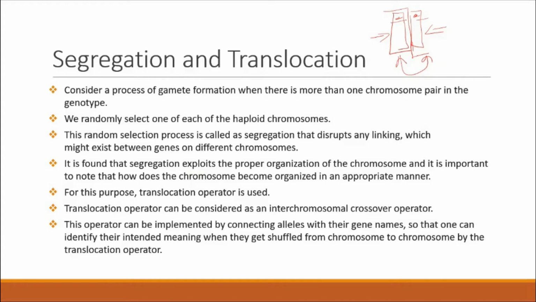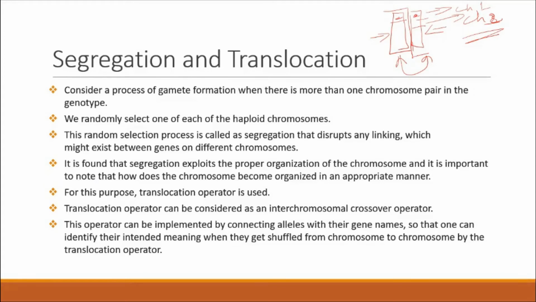and it is important to note how the chromosome becomes organized in an appropriate manner. How this particular chromosome is organized: this particular gene represents a particular characteristic, say characteristic 1, and this represents, say, characteristic 3, and so on. So that is how the chromosomes are represented. Maybe this can be characteristic 2 or characteristic 3. Each gene represents a specific characteristic. So that particular linkage is disrupted